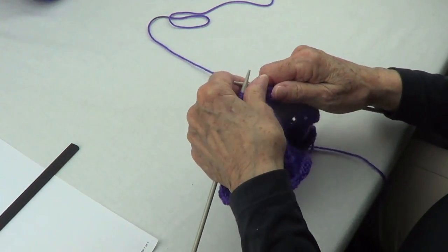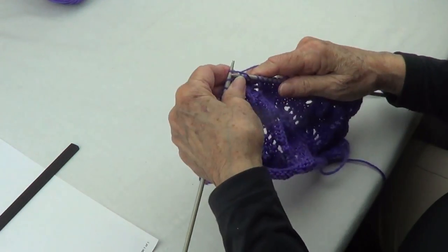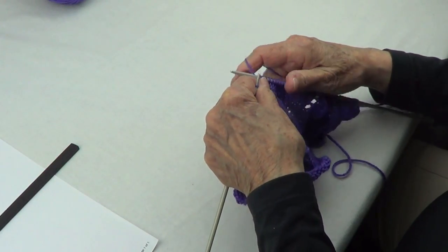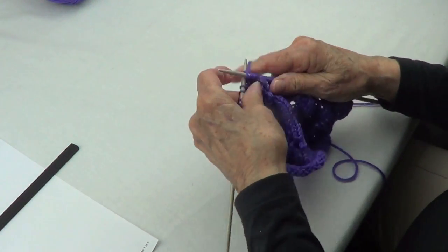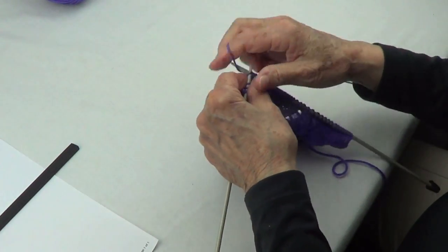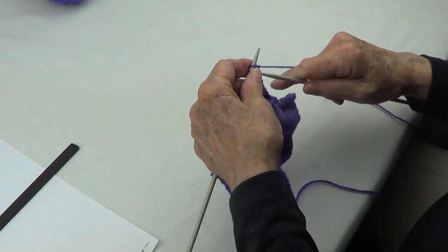11, 12. Let me get some yarn here. We yarn over and do the double decrease. So we pass those two, knit that one, and those two go over that one. Now yarn over, knit 3, 1, 2, 3, and knit the last 10. There we go. Now row number 16, we purl the whole row,